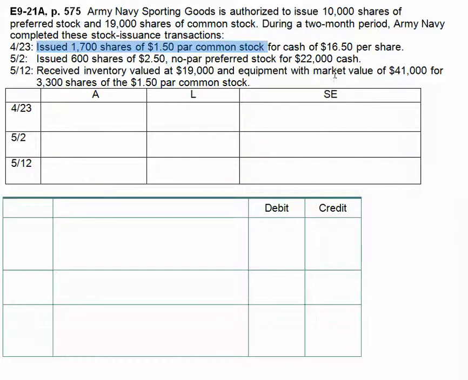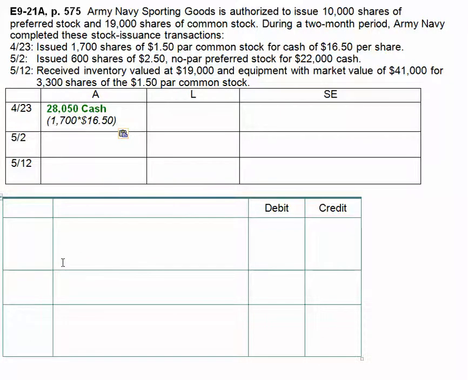What they got, though, was not $1.50 per share, because that's the par value, which is an arbitrarily low amount set by the company that actually is the minimum amount that the shareholders' equity can fall without the SEC forbidding the company from paying a dividend. So when they sold these 17,000 shares, they're not going to sell them for $1.50. In fact, they were able to sell them for $16.50. So what did the company get? Well, it got cash. The amount of cash it got was, again, not the $1.50, but what it got was